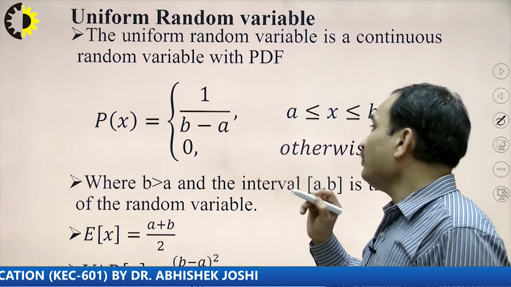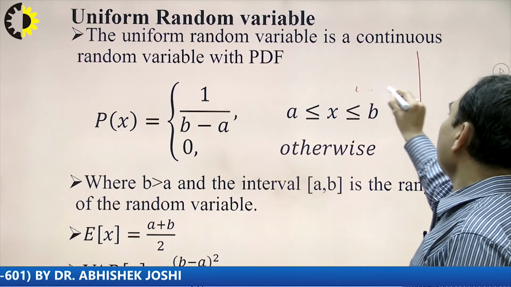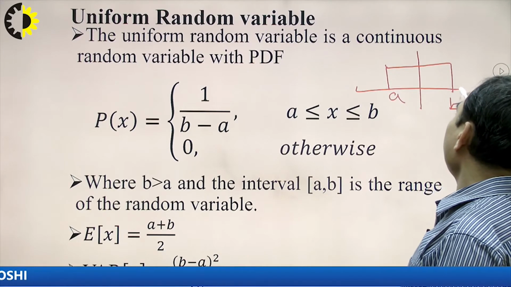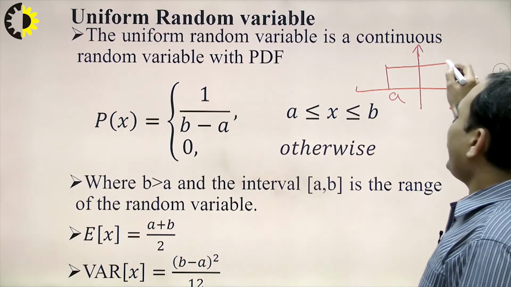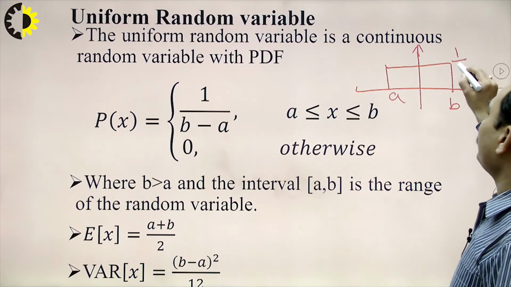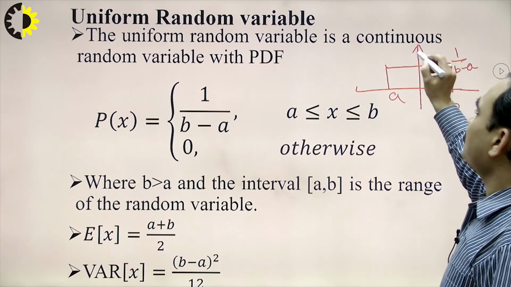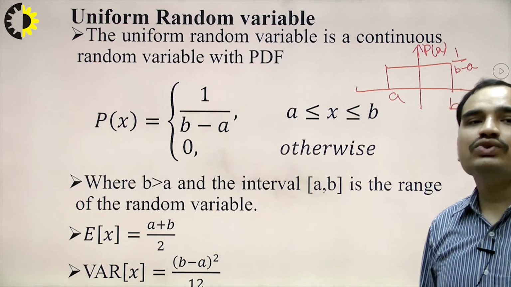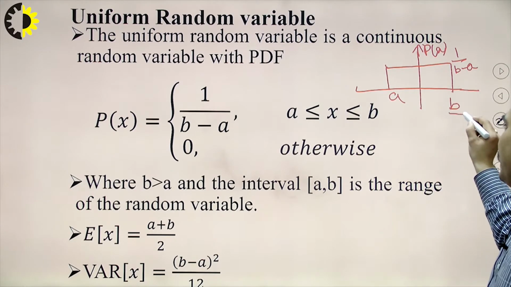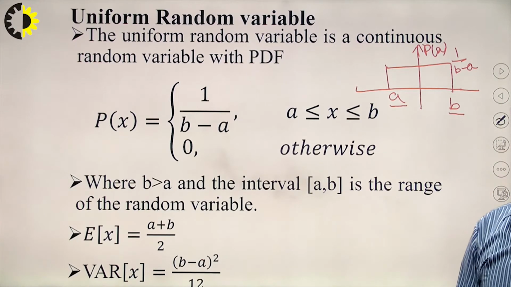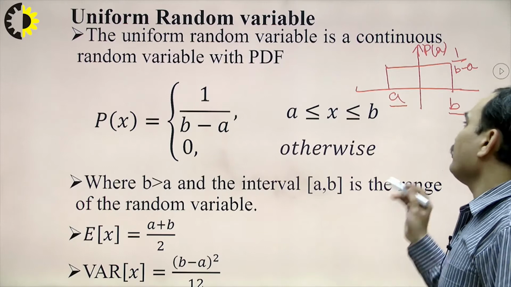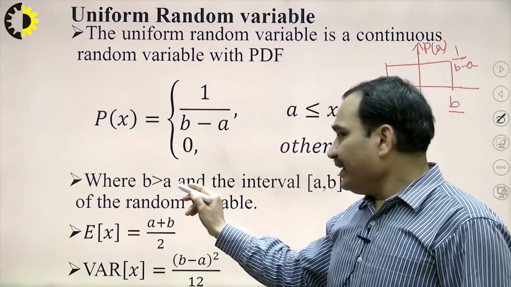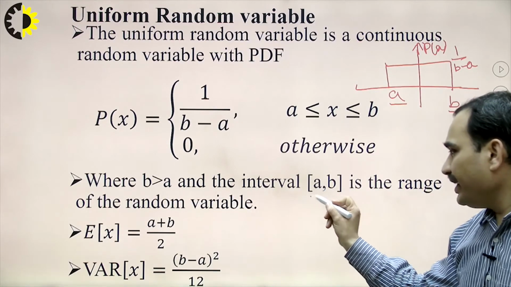For a continuous random variable we are defining it simply for a limit from a to b, it has a fixed value and the amplitude is given by 1 upon b minus a. So this is the PDF, that is the probability density function, for a uniform random variable. The higher value is b and the lower value is a, okay, and the amplitude is 1 upon b minus a for a range from a to b. Here b is greater than a and the interval from a to b is the range of